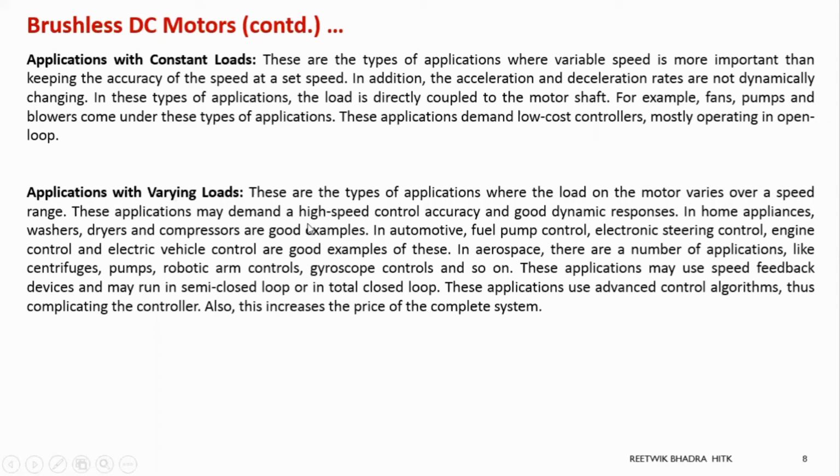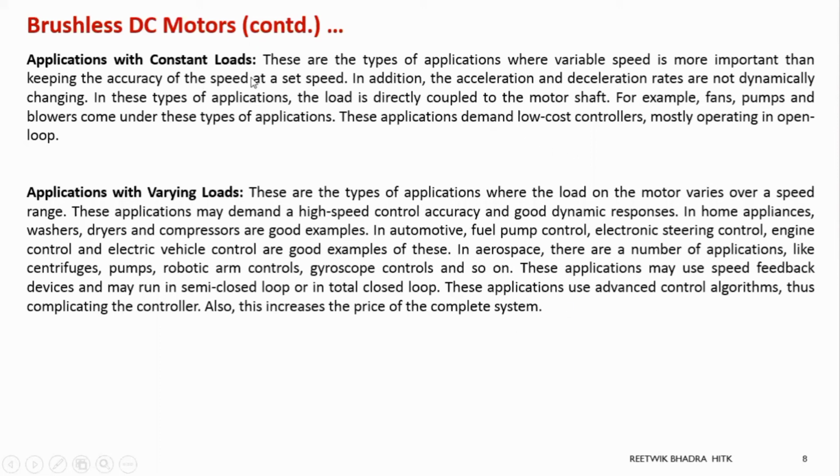And over there, the most important thing is that since you are applying in varying load condition, feedback is required always. So these are very important. We need a speed feedback of these devices. Maybe in certain devices, current feedback, torque feedback, everything is required. So a closed loop operation is very important over here, or a semi-closed loop operation. And if you are using a closed loop operation, obviously you need to install some algorithm over there. Means you need to write some program so that it senses this data, processes that data, and sends a feedback to the controller, which will determine the speed of the system. So that's a very important thing over here.